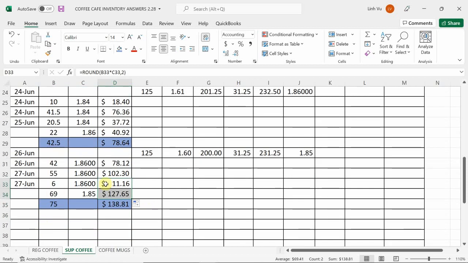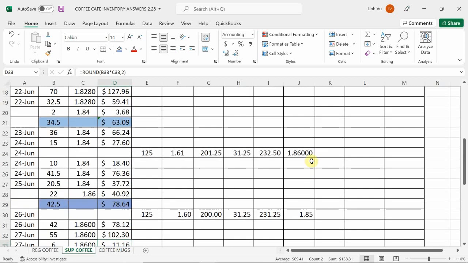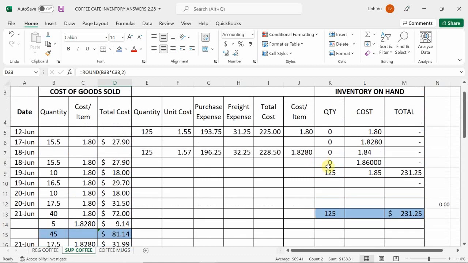So therefore, adding these 2 pieces of inventory, right, got me a grand total, right, of 75 pounds, cost me a grand total of $138.81. Okay? So I need to update my inventory because I sold 69 pounds from this batch of inventory right